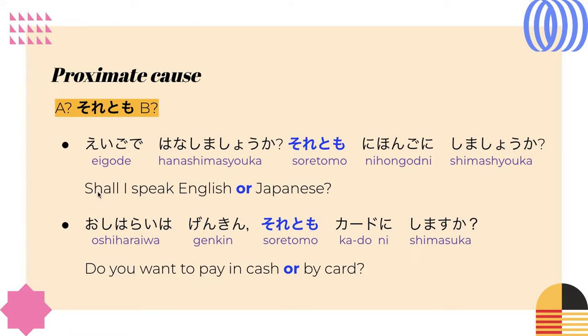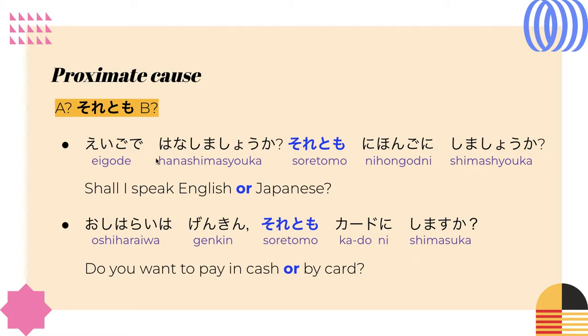In the example, it says, shall I speak English or Japanese? To say this in Japanese, it will be 英語で話しましょうか、それとも日本語にしましょうか。